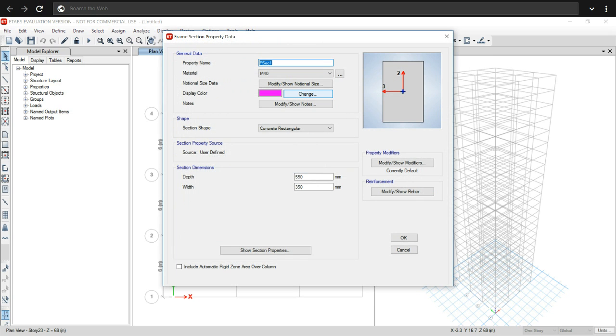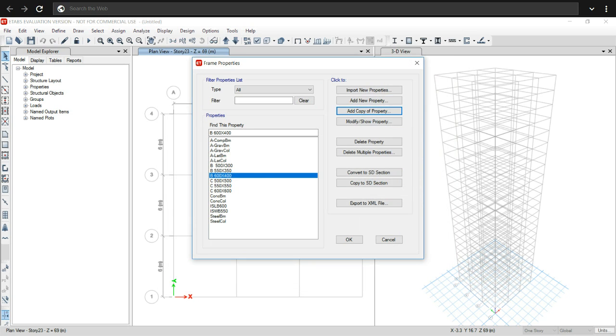Then again Add Copy of Property, change the name to B600 by 400, then change the depth and width, then OK. So as given in the question, we will choose the auto select option for designing beam and column.